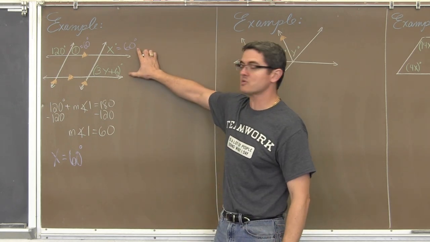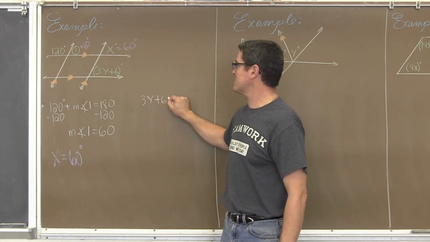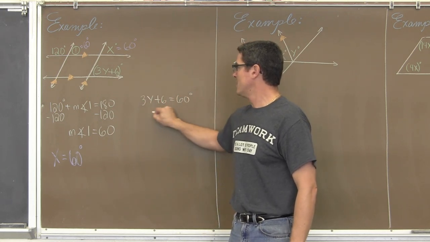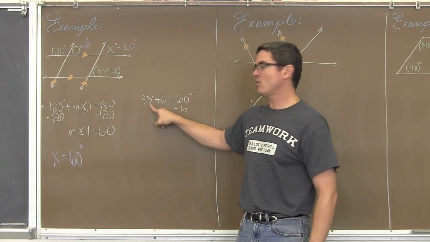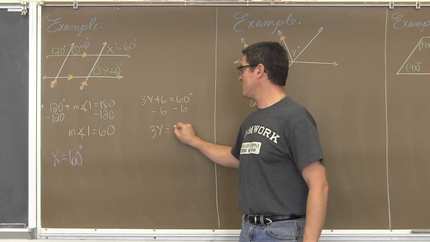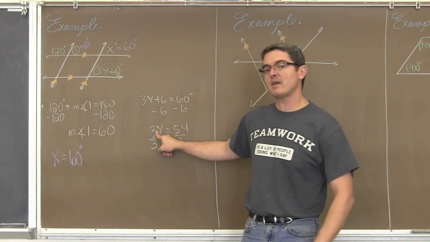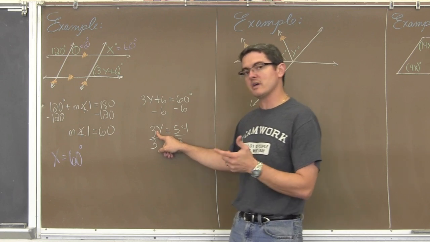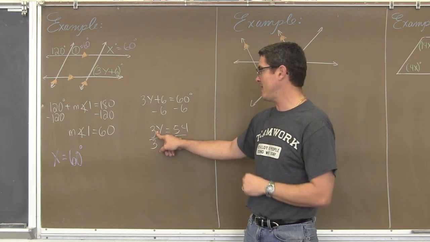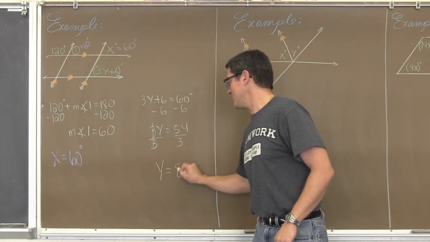So if these two angles are supposed to be equal, then I can say that 3y plus 6 is equal to 60 degrees. Subtract both sides by 6, moving away from the variable y, which we're trying to solve for. We get 3y is equal to 54. Divide both sides by 3 to undo that multiplication with the 3 and the y together touching. You're trying to undo, do the opposite math operation. So 3 divided by 3 is 1. And we get y is equal to 8.